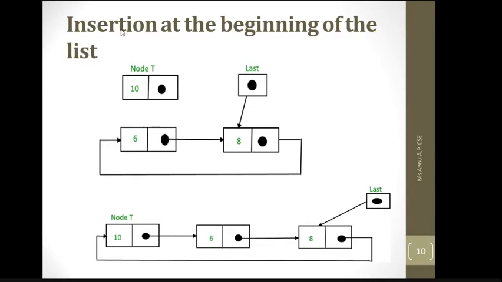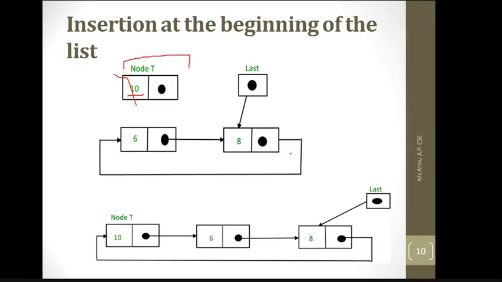Okay, so what you have to do while inserting in a singly circular linked list, you can see the example. If you need to insert 10 at the beginning position in this given list, you already have two nodes in this list, 6 and 8, and you need to insert before 6. You just have to allocate the space for this particular node. Once you have created the space, you can store its value, and once you store the value, you need to maintain its pointer.